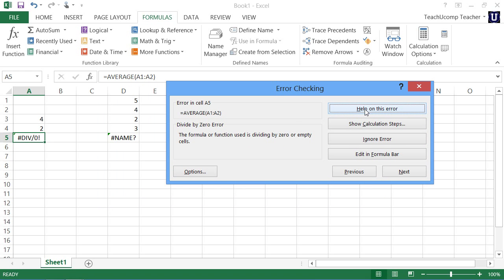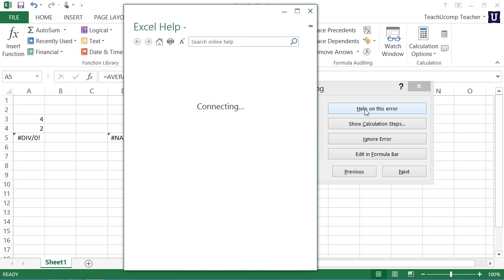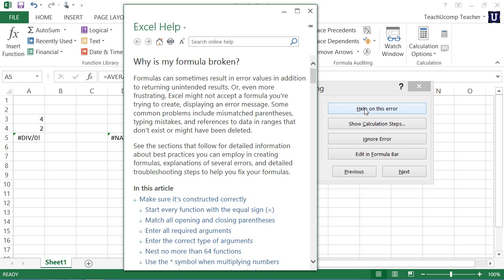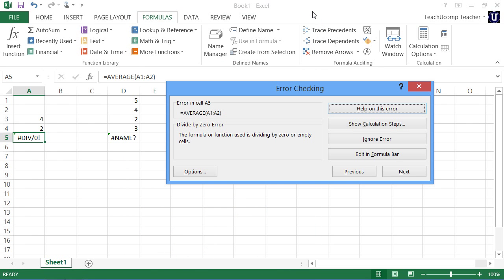You can click the Help on this error button to launch the associated help page for this error topic in a separate window. You can read the information and then close the window when you're finished. If you need to, you can click the Resume button within the Error Checking dialog box to resume error checking the worksheet. If you click the Show Calculation Steps button within the Error Checking dialog box, it then launches the